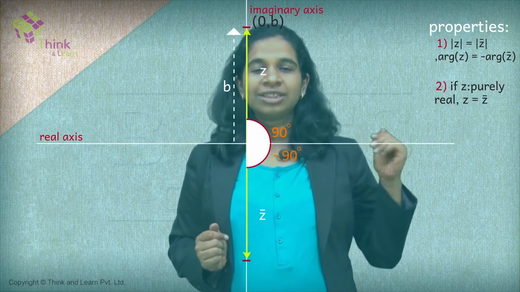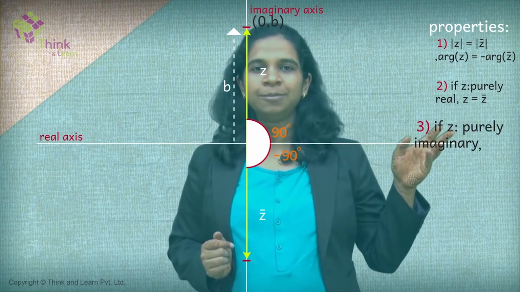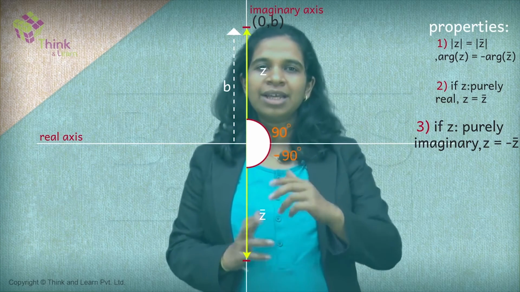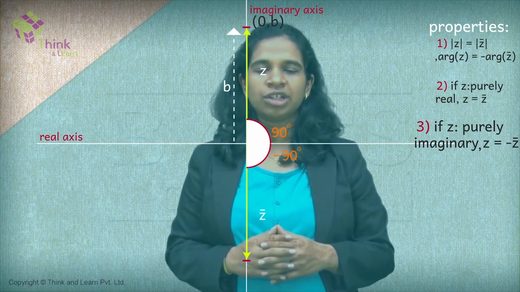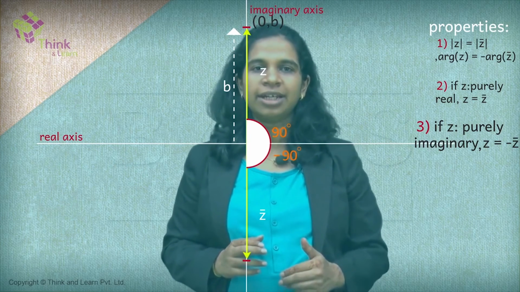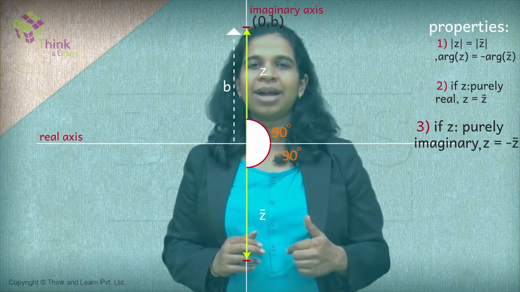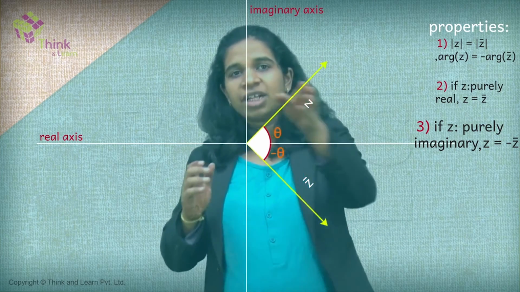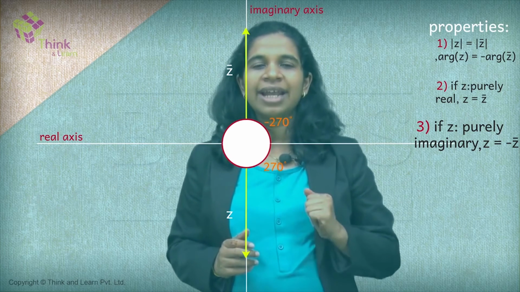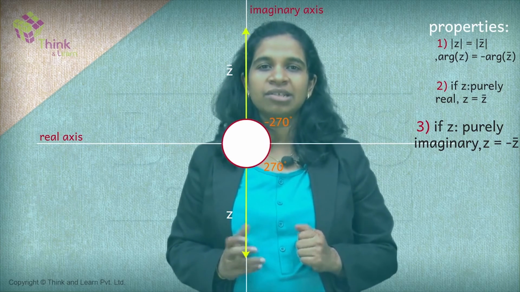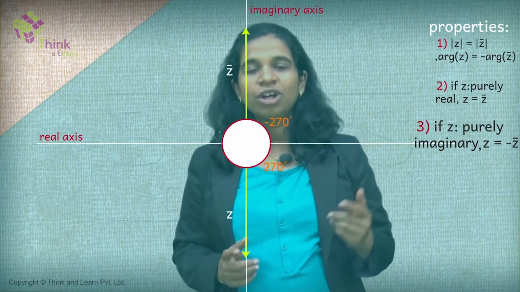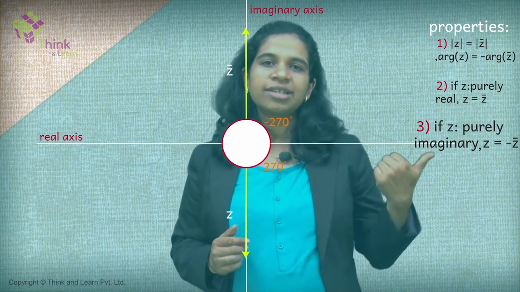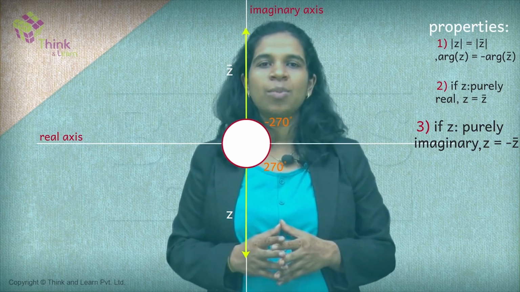So now your z bar is equal to minus z, because length is anyway the same again, so the modulus is the same. The angles are negatives of each other. Here it is plus 90, here it's minus 90. So z bar is nothing but minus z. If you had turned it the other way, same thing would have happened. If I start with z, turn it all the way around and bring it to the negative side of the imaginary axis, what do you see happening to z bar? It also turned all the way around and went to the positive side of the imaginary axis. So again, your same relationship holds true, which is z bar is minus z.